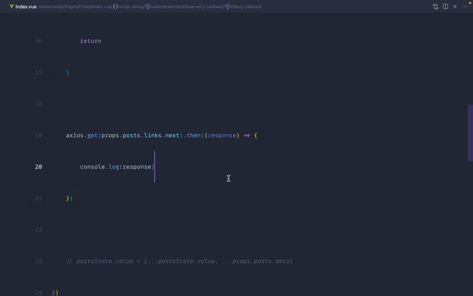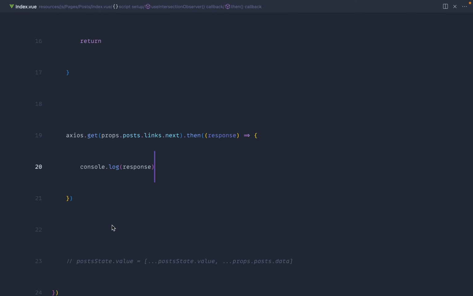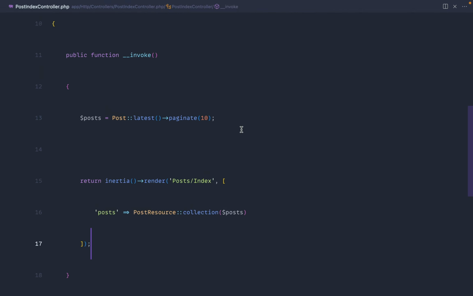When we go ahead and render this from our post index controller, this is just going to render out an HTML page or HTML content that we can use to hydrate everything on the page. It's not really what we want ideally. So we need to figure out a way to just get back the posts that we need inside of here. There's a couple of ways that we could do that. We could create an entirely new controller that specifically returns just that JSON data that we need, so the next lot of posts. Or what we could do is head over to our post index controller and detect inside of here